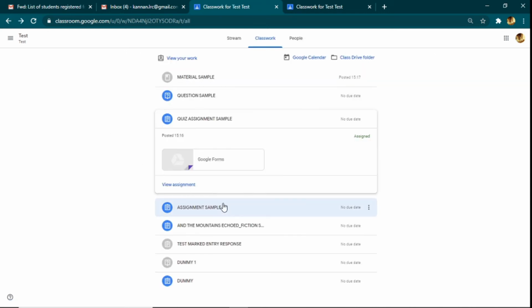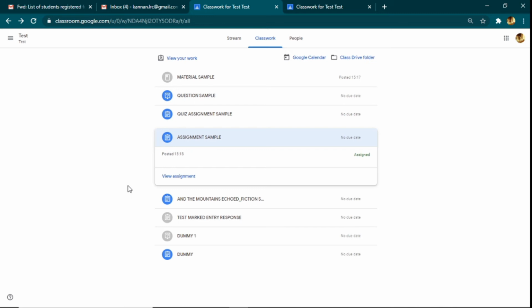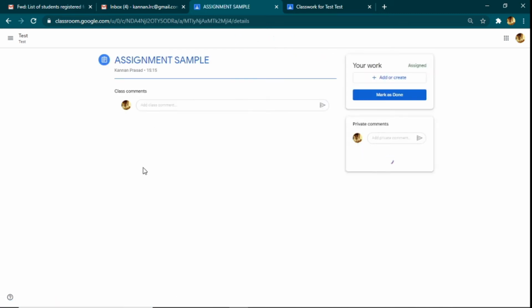Next one is assignment. Okay, assignment is a bit different from quiz assignment, right? Now there is a difference between question and assignment, right? Question is where you can only type short answers, right? It would allow you only probably 100 words, not more than that.